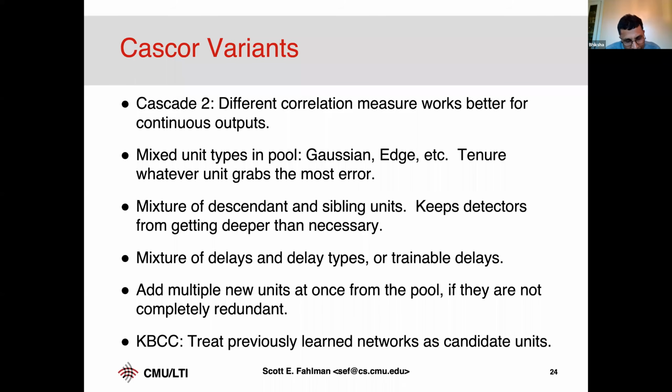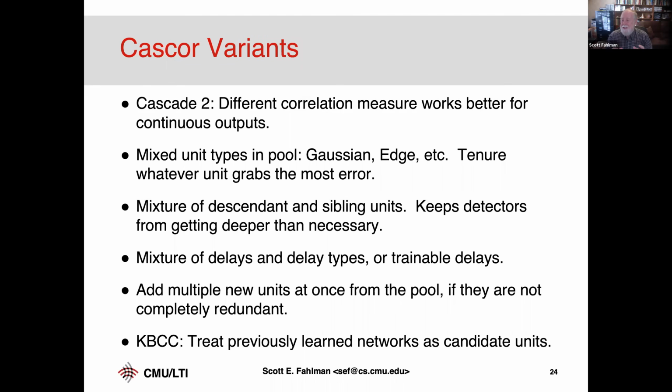Yeah, but suppose I have like, say, 100 candidates in my pool. Okay, we never went that high. But anyway, I'm just picking a random number. Would I be retaining just one, or would I be retaining some subset because of the cost? All right, well, that's the point I was heading for here. Suppose you've got 3 or 4 units in the pool that are doing really well. Why not keep them all? Well, they might be totally redundant. They might all have learned the same job. So it would be useless to add 4 units when they're all doing the same job. But if they decorrelate from one another, then it's worth adding them.